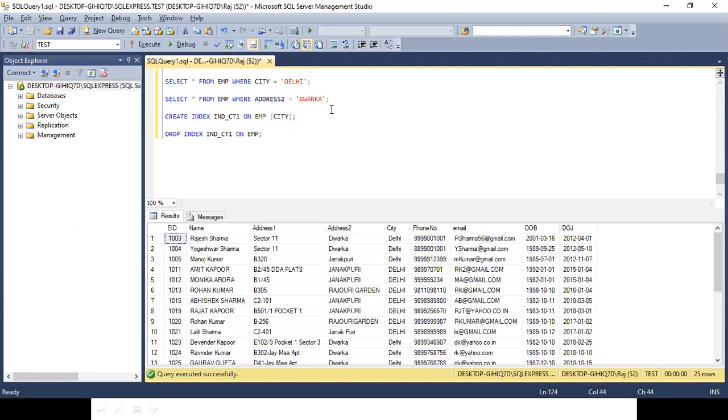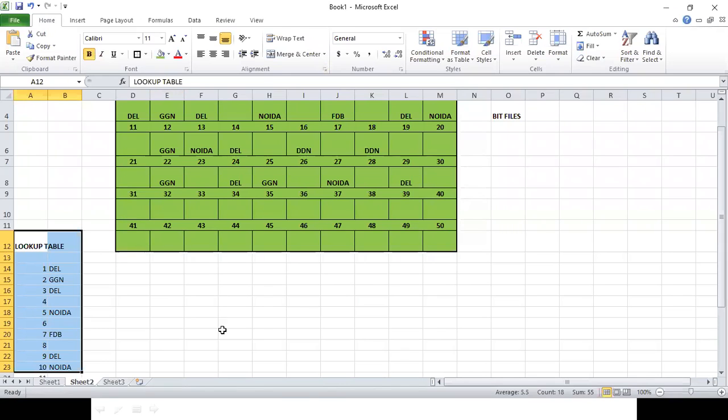Now tell me, when I will be executing this command, will SQL be using the index we have just created on the name of city? Will SQL be using it? I think no, because we have not created any index on it. Yes, absolutely. At that point of time, this will not be used. So again, SQL will go with the traditional step, looking for the information at all the addresses and then displaying it.